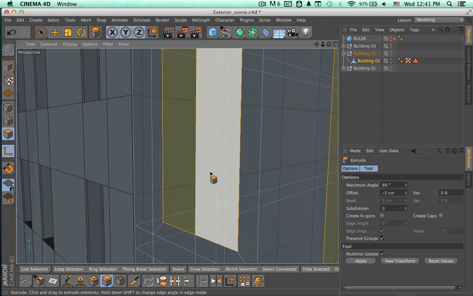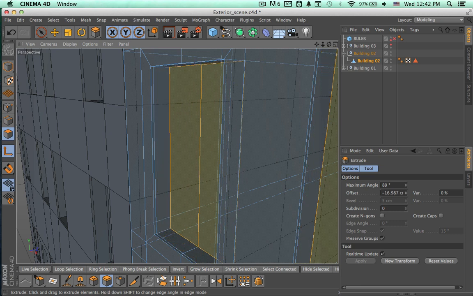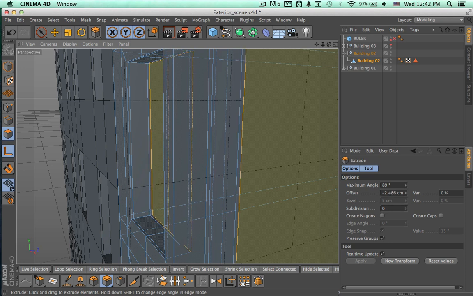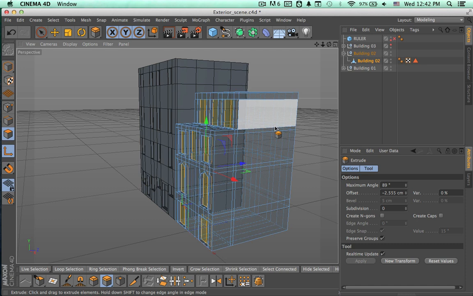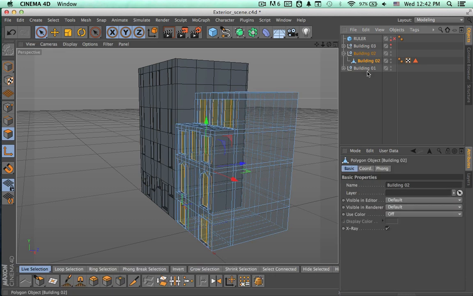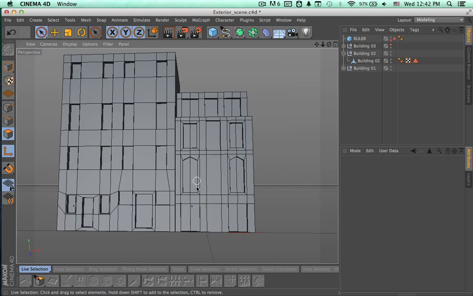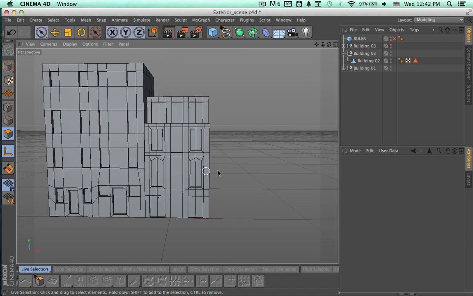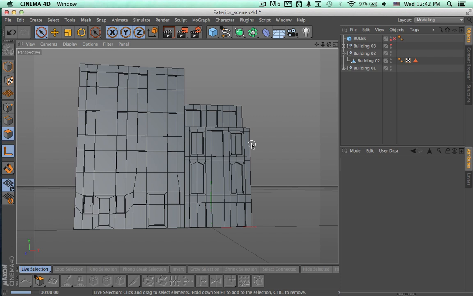And now we can start making these extrusions. One there, one more there, and one other right there, something like that. Let's uncheck the X-ray option, and now we can see that we have the holes for the windows and the doors. Let's make a quick render,